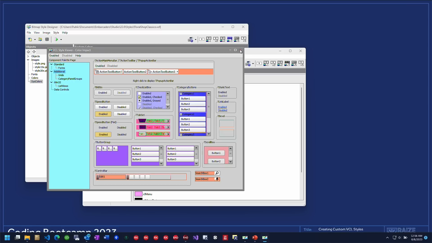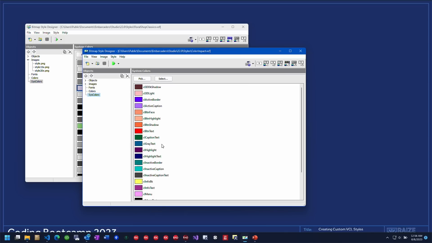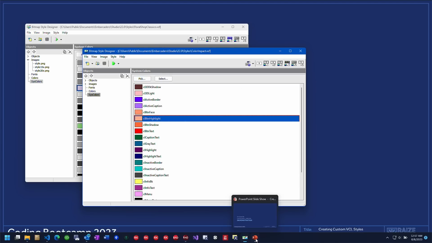But again, if you're really getting into that, you find a gap, load this up and see what color value it's coming from, and then go back into the various control elements and find out, oh, well, okay, button face and shadow, those are there. Tweak them, try it again, and you're good to go. All right, next up,